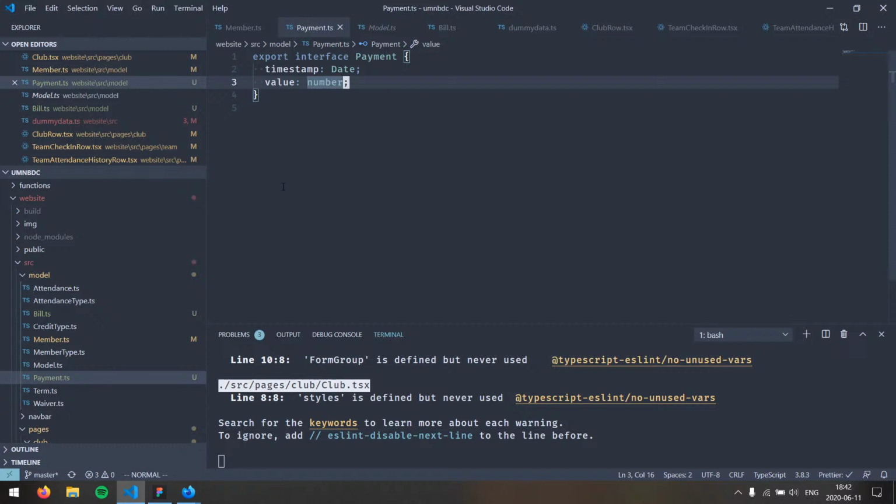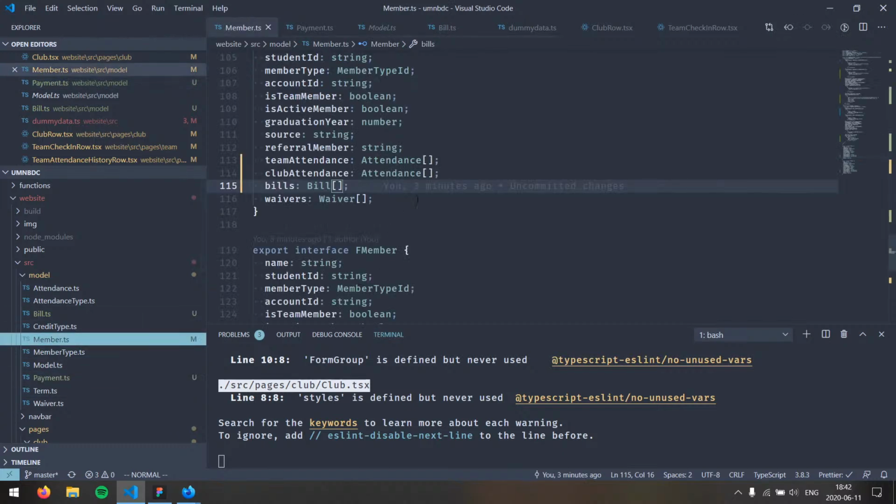Because there are definitely going to be exceptional circumstances where, maybe it costs like $100 to be a member for a semester or a term or whatever, and someone has extenuating circumstances and they only have to pay $20 or something. So we can't have it necessarily be a fixed value. There kind of has to be a